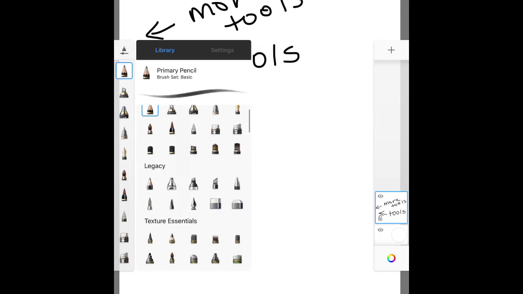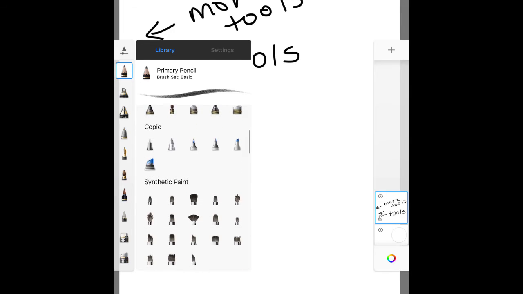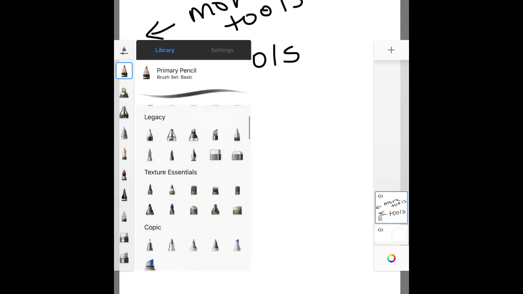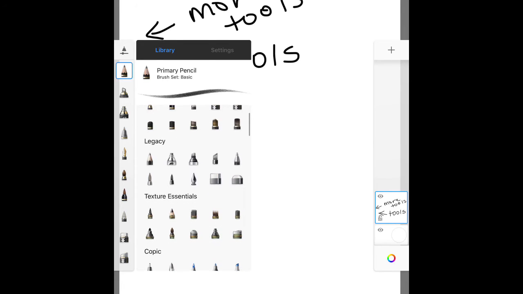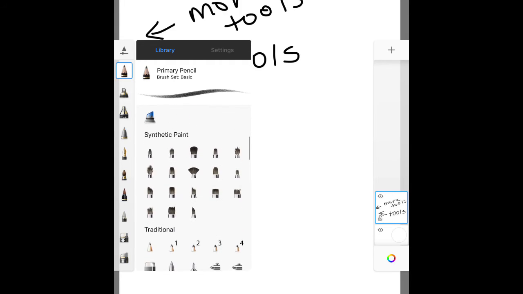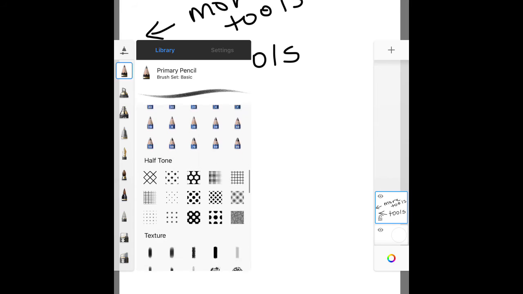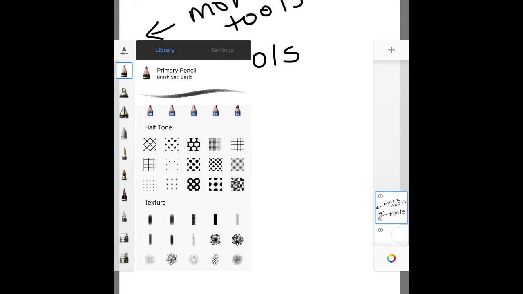And this is where you find a lot of extra tools that are not your basic tools. So the basic tools here are over on the left toolbar, but you can also have all these other tools to use. So there's legacy, texture essentials, Copic, synthetic, traditional, fine art, halftone, which are like textures, which are really